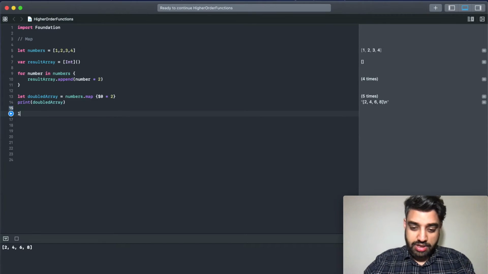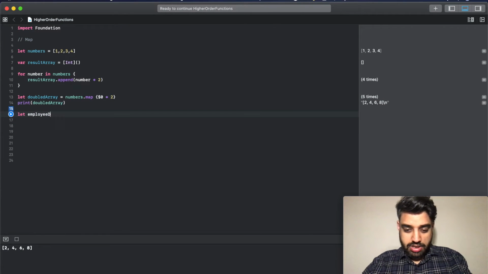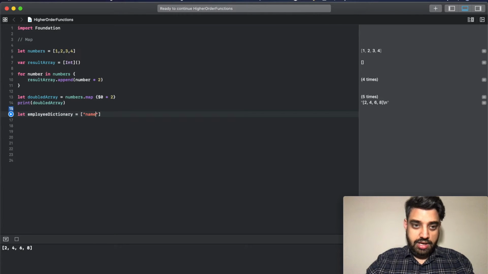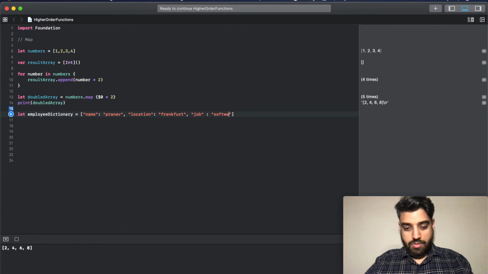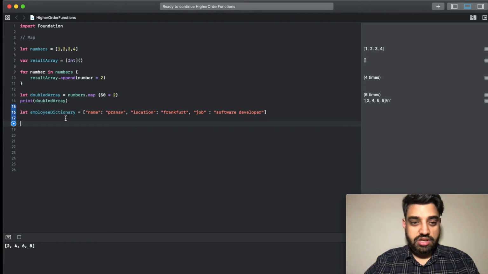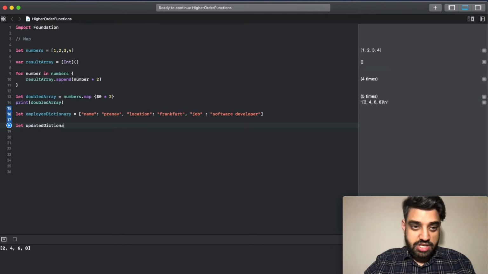Let's say we have an employee dictionary, which has name, and let's say for this dictionary we want to make our keys uppercase and our values capitalized. So if we create another dictionary,